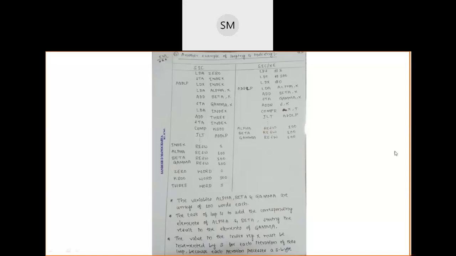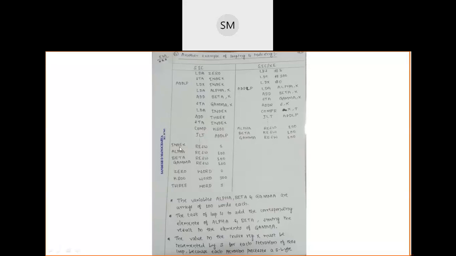Now what I have to do is take the first index of alpha, take the first index of beta, add those integer values, and store that sum or result in the first index of gamma. I hope you are understanding. Then I have to move to the second index of alpha, take that value, take the second index of beta, add both of them, and store the result in the second index of gamma. Those indexes are 0, 1, 2, 3, like this up to 99. I hope you understood these 3 arrays.